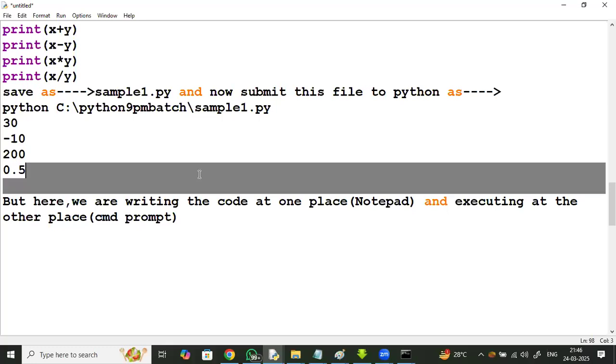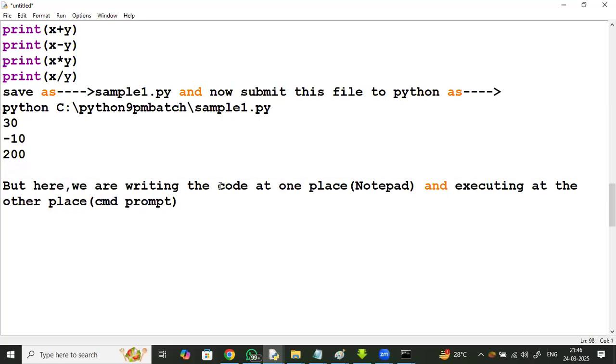But to write and execute at the same place, we have